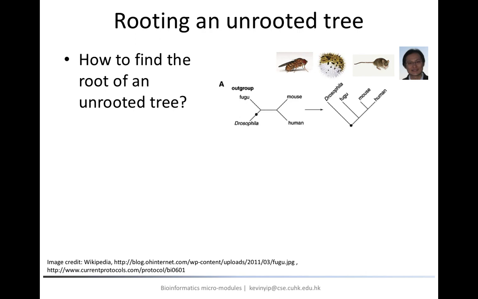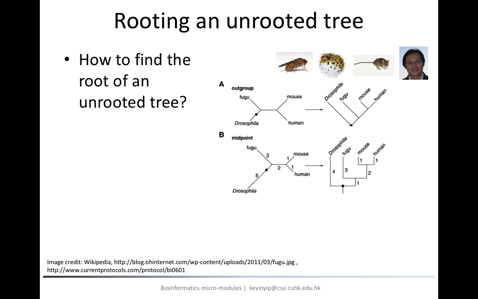Since neighbor joining gives an unrooted tree as the final result, what can we do if we want to find the root position? There are several common methods. The first method is to use something called an outgroup, which is a sequence that is known to have diverged first from all the other sequences. For example, suppose we have fly, pufferfish, mouse, and human. It is known that fly diverged from the other three first, and therefore the root position must be somewhere on the branch that connects fly to the other species.